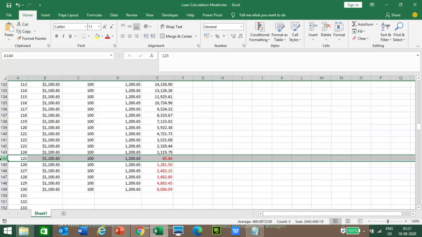Now if you see, this is an example of a dynamic model wherein we are making calculations over a period of time and is not something which can be attained by simply putting in a formula and entering the parameters.